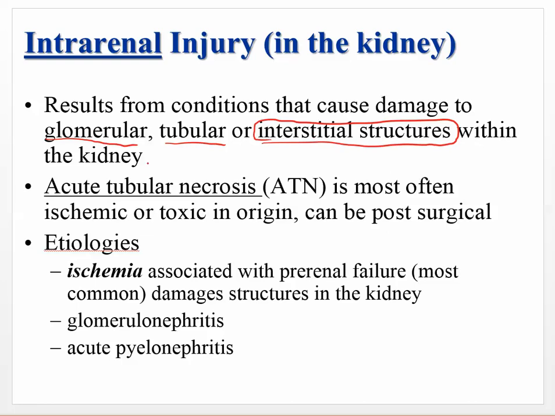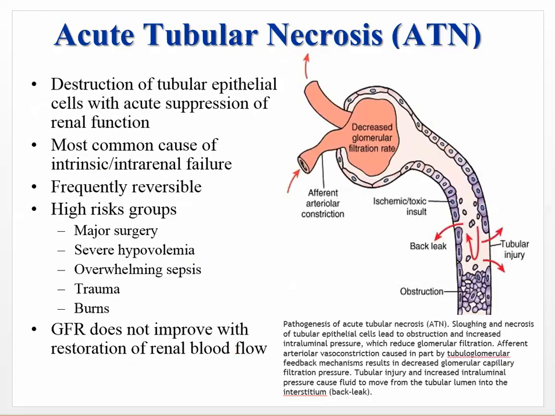So we're going to talk about a disease called acute tubular necrosis. And that's going to be caused by this ischemia. So this lack of blood flow, this pre-renal problem can lead to this intrarenal problem. So etiology is ischemia, yes, associated with pre-renal failure, damages structures in the kidney. Glomerulonephritis can cause this. Acute pyelonephritis, which we discussed as well. Any of these things can lead to an intrarenal problem. So let's talk about acute tubular necrosis, a type of intrarenal